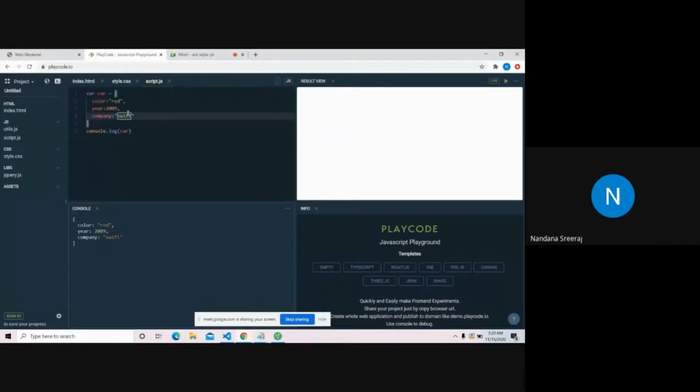You can store floats. What could be a float for a car? Height. Imagine you have something called height for a car, and the height is 2.2 meters.